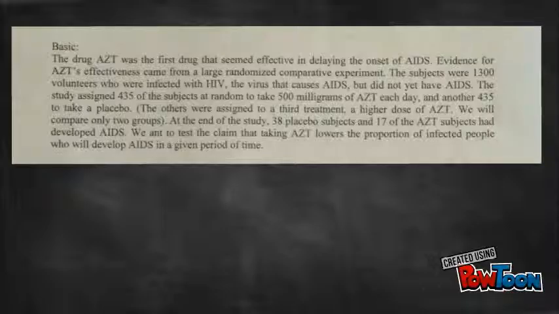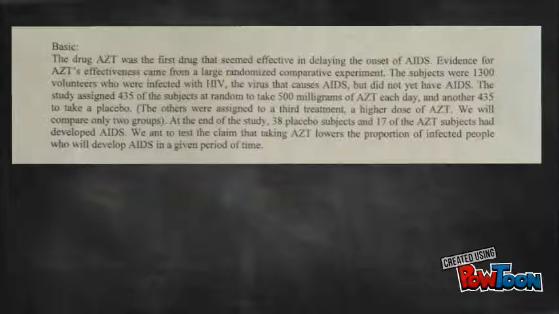The drug AZT was the first drug that seemed effective in delaying the onset of AIDS. Evidence for AZT's effectiveness came from a large, randomized comparative experiment. The subjects were 1,300 volunteers who were infected with HIV, the virus that causes AIDS, but did not yet have AIDS. The study assigned